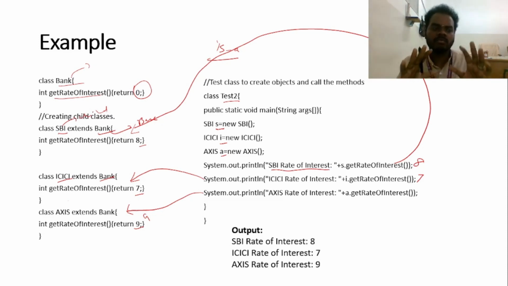The summarization of this lecture video is that you should know what method overriding is, what the use of method overriding is, and the three golden rules you should follow for method overriding, and we saw an example of method